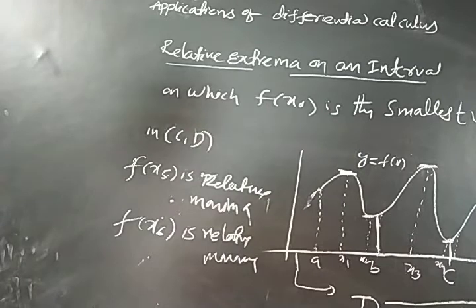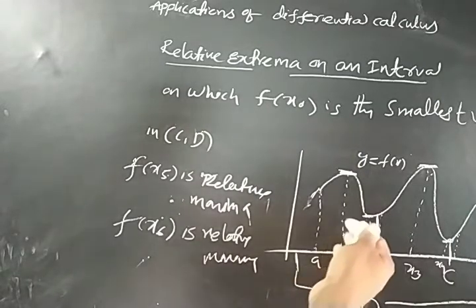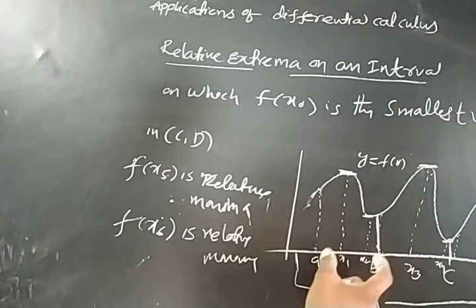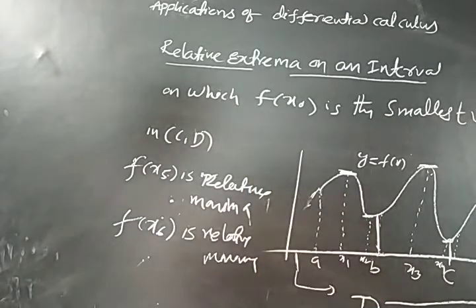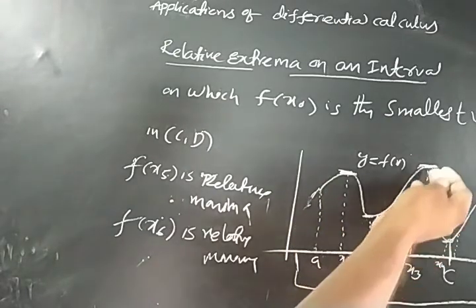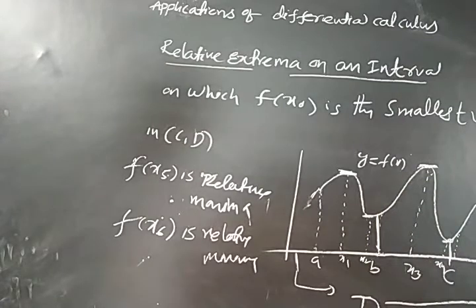But local maxima and local minima are different. We get them in an open interval, which is one part of the domain, not the entire domain. So in every interval, we will get local maxima and local minima. Here this is local maxima and local minima in this interval, and this is local maxima and local minima in this interval. That local maxima and local minima we can find by using the first derivative test. So how to use the first derivative test to find the local maxima and local minima, let us discuss now.